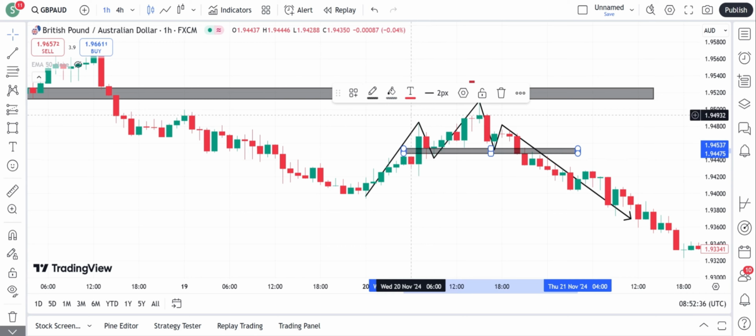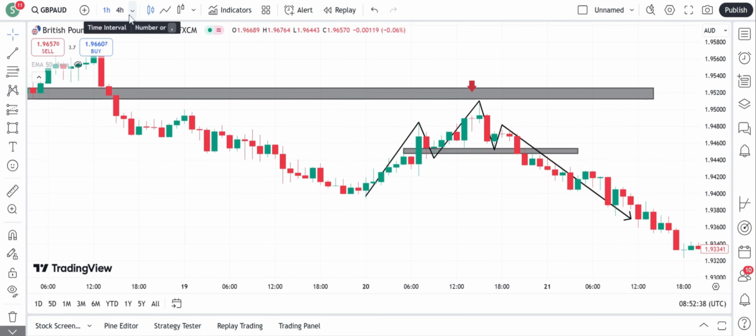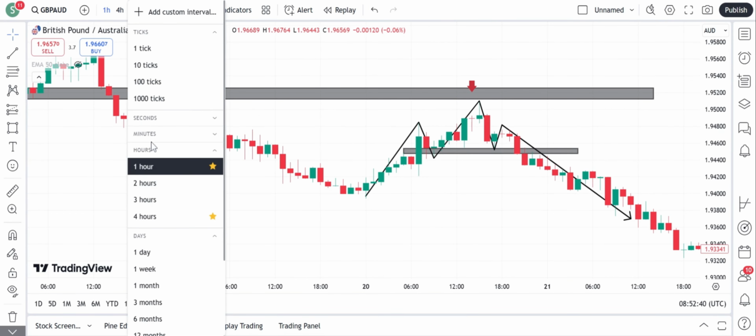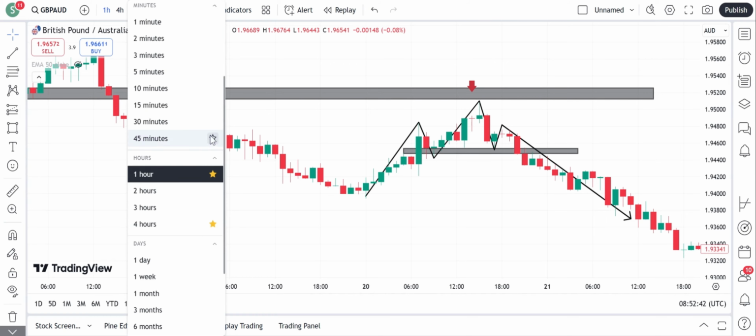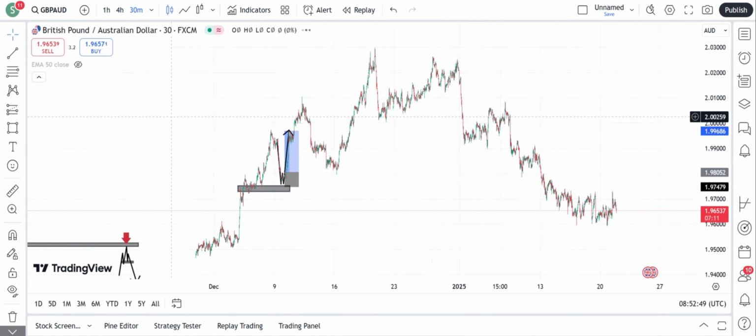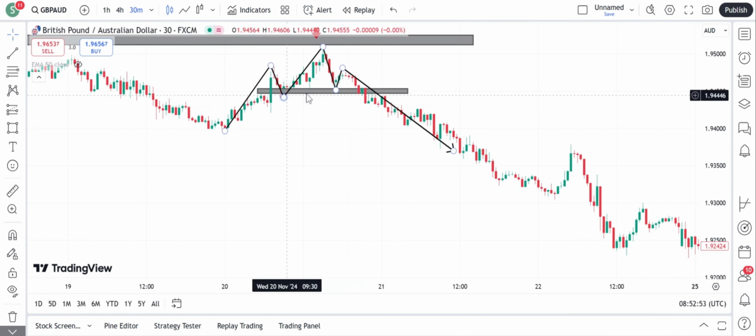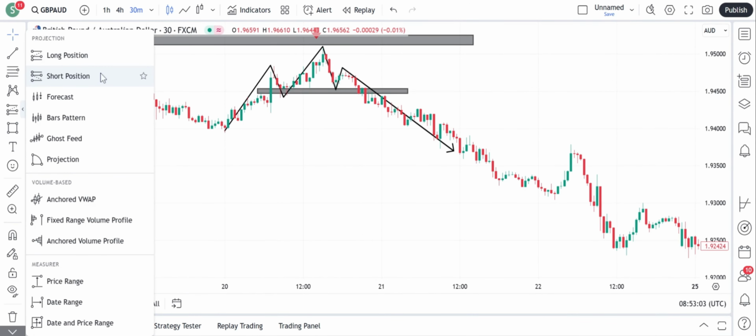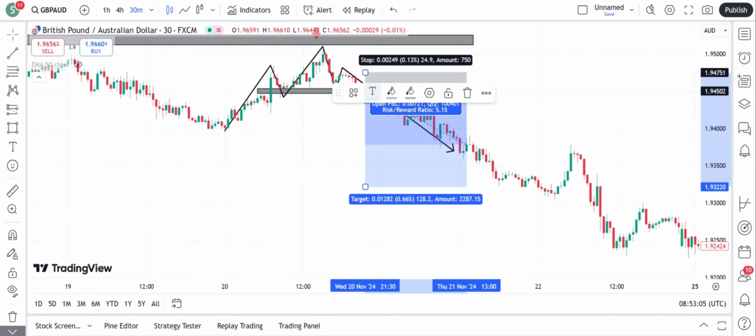Now, if you're not seeing it clearly, you can go down one time frame lower, which is 30 minutes. Let's say, for example, we go down to 30 minutes. You can see it very clear. On 30 minutes, you can see that we had a head and shoulder pattern here. And after that, what does the market do? The market goes lower. So on trading head and shoulder, you can just take a short position around somewhere here,